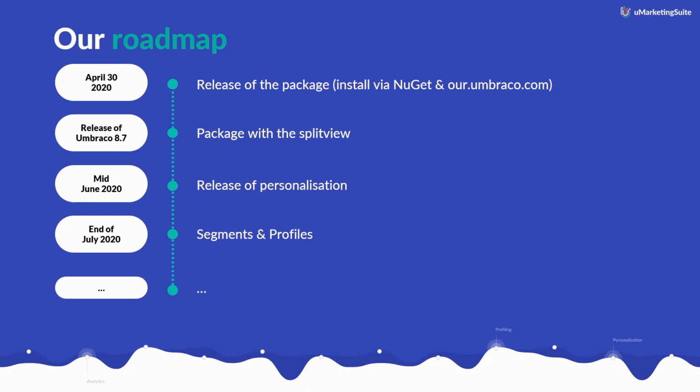Unfortunately, that version of the package doesn't include the split view functionality. The split view was the single page A/B test, and that's because the split view is something we've created and submitted to Umbraco HQ. They got a pull request for that, and that's going to be merged into Umbraco 8.7. But at this moment, we're on Umbraco 8.6. That is the version that is released. And Umbraco HQ doesn't know exactly when 8.7 will be released. Probably it won't be before the end of the month, but as soon as we have a release date for that,